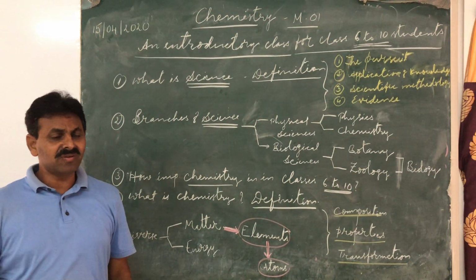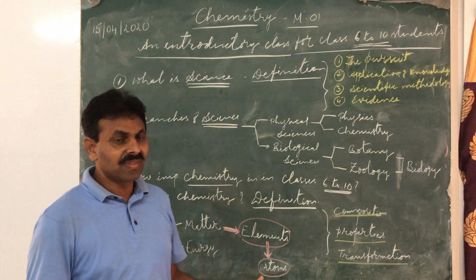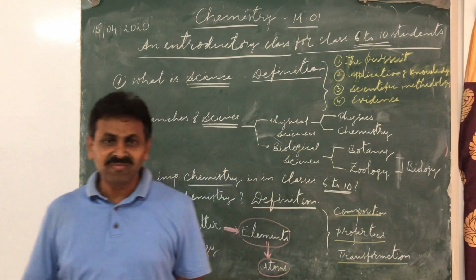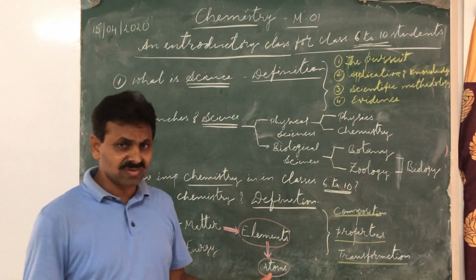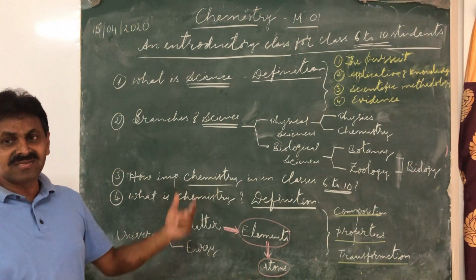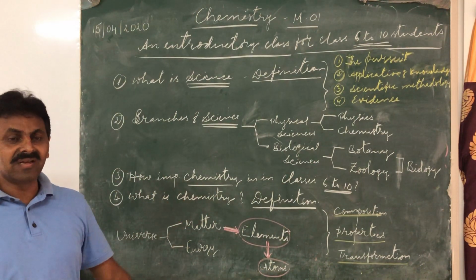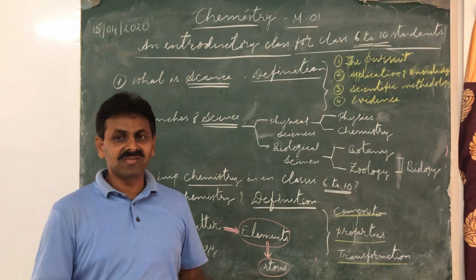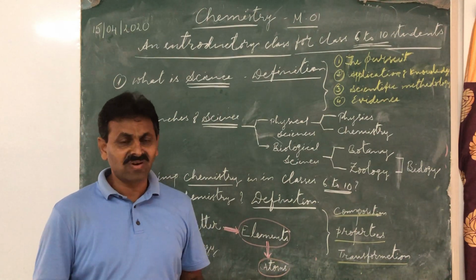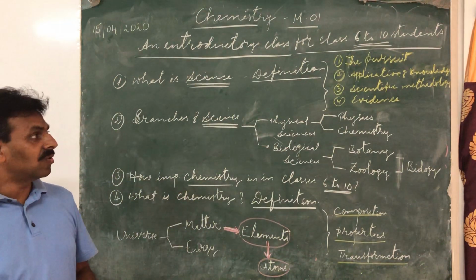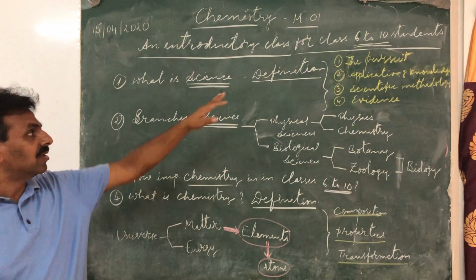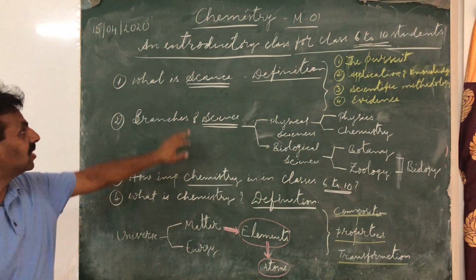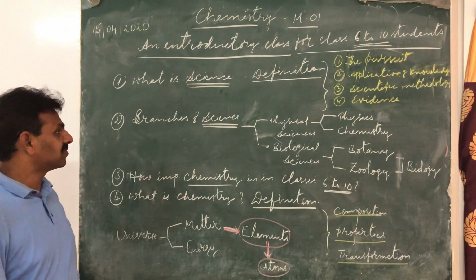So if somebody asks you, you must tell them. You must know, you must explain to them what exactly science is. It's not so simple that science is studying botany, zoology, biology, physics, chemistry, not like that. You must know what we do with science. Okay. So that is all about the definition of science.